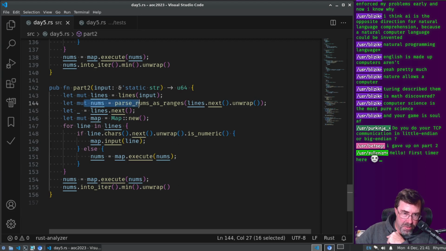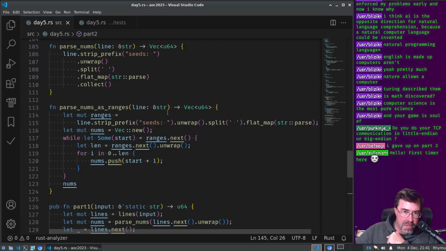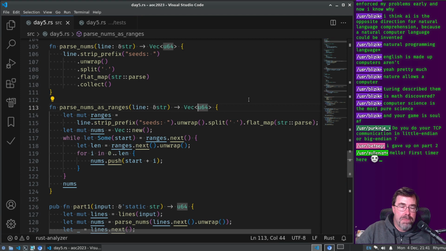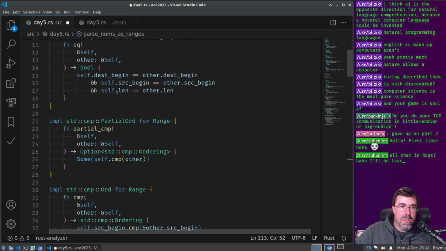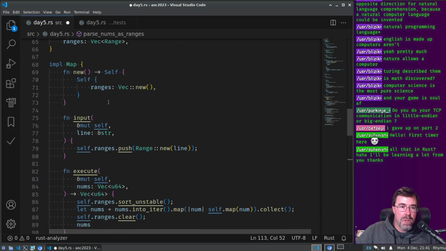So then we keep it as ranges, but it's not a vector of numbers anymore. It's a vector of, let's call it input range or num range. I already had a type called range, so let's have another one called num range.